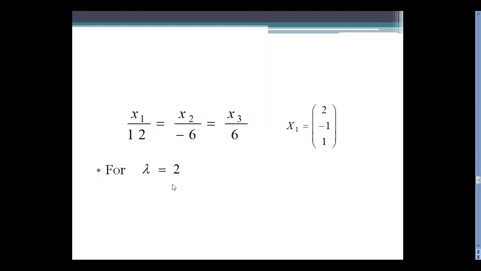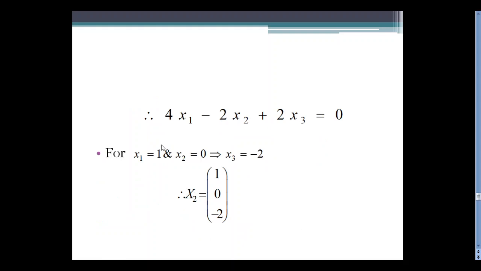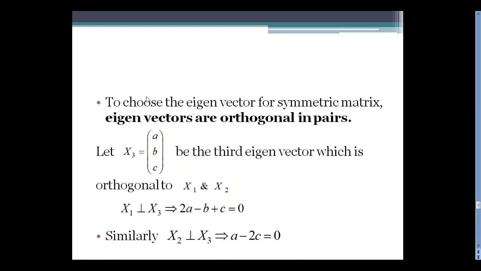And for lambda equal to 2, again we got two equations, but we didn't check whether they are the same or not. We directly wrote the two equations, but I am getting 0 in the denominator, which cannot be an eigenvector. So I have to do substitution, that is x1 equal to 0, x2 equal to 0. On substituting in any one of the equations, I get x3 equal to 1, so the vector is 1, 0, minus 2. This is your second eigenvector.